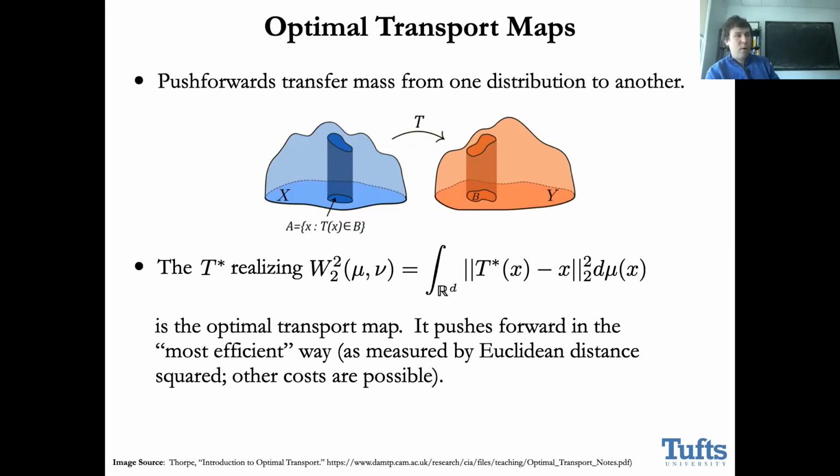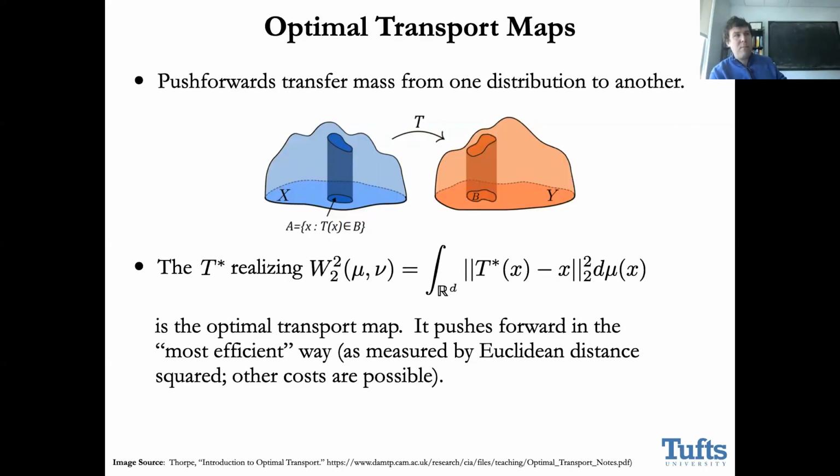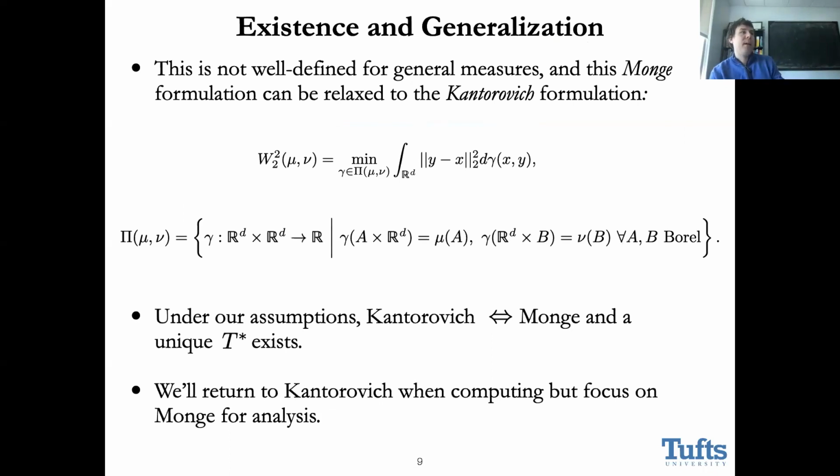So for me, the actual map that realizes this Wasserstein distance, the actual displacement minimizing map, is going to be really important. It's not always obvious that such a map exists, and in general, it may not. The optimization problem here may have actually no feasible points, right? There's nothing in this minimization. But under this assumption that my measures are absolutely continuous and have finite second moments, there is, in fact, going to be a unique map, which I'm going to call T star, which moves the probability mass from mu onto nu in a displacement minimizing way. So let me say a little bit about how to actually work with this problem.